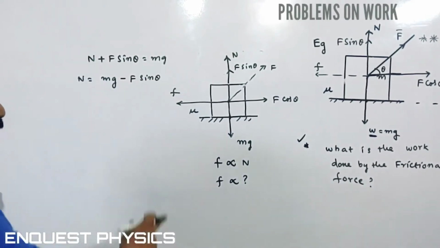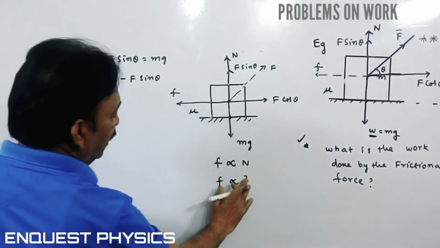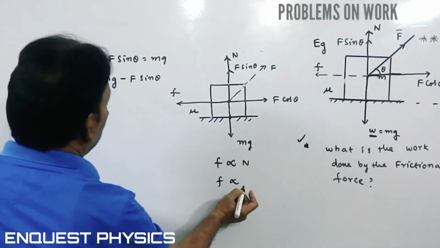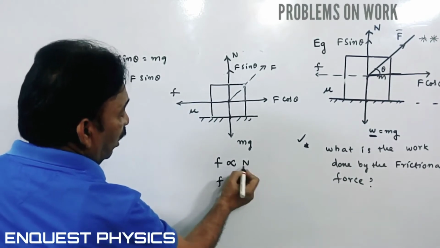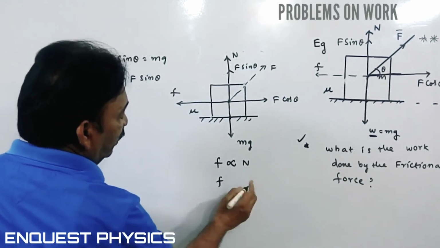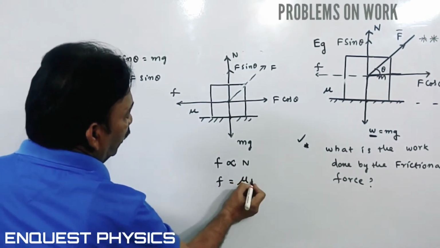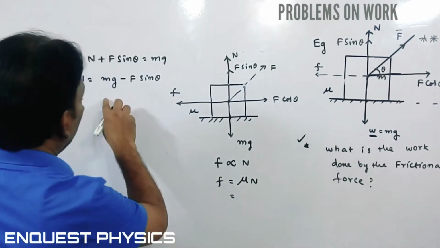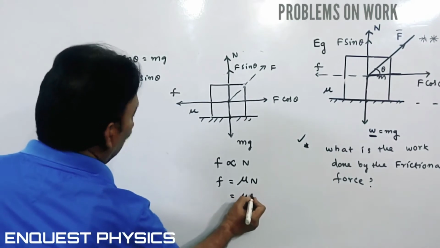Since normal reaction has this value, we can write F is proportional to N, or F is equal to mu N, where mu is the coefficient of friction, and put the value of the N here, mu of mg